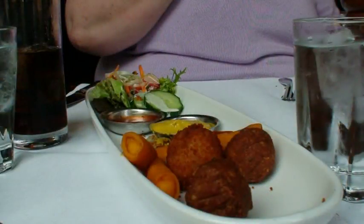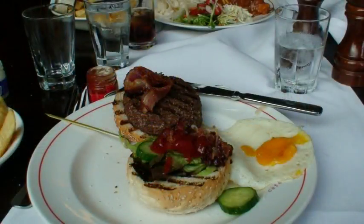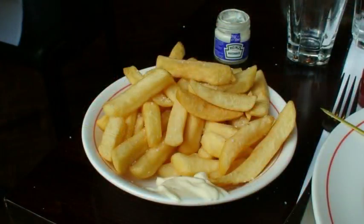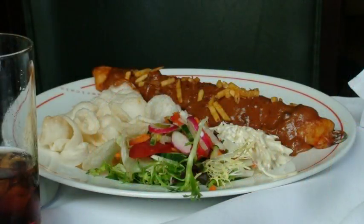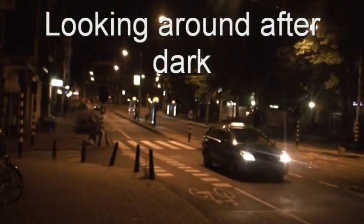We also had fried food for appetizer. I had a hamburger with an egg on it. And of course there were French fries with fry sauce, mayonnaise. Deborah had a taco. We headed back to the hotel, and later that night, about 1 o'clock, I woke up